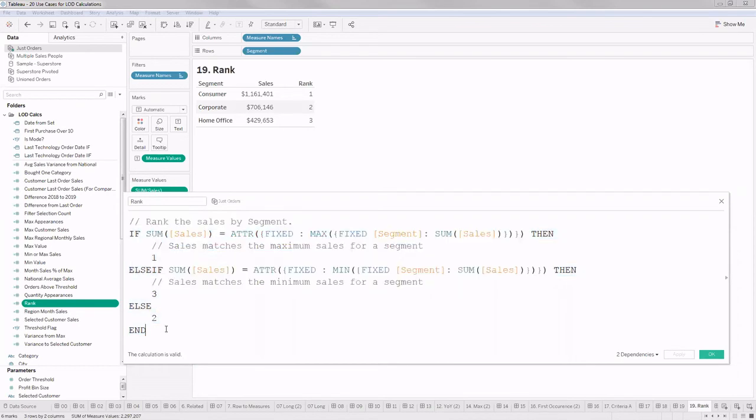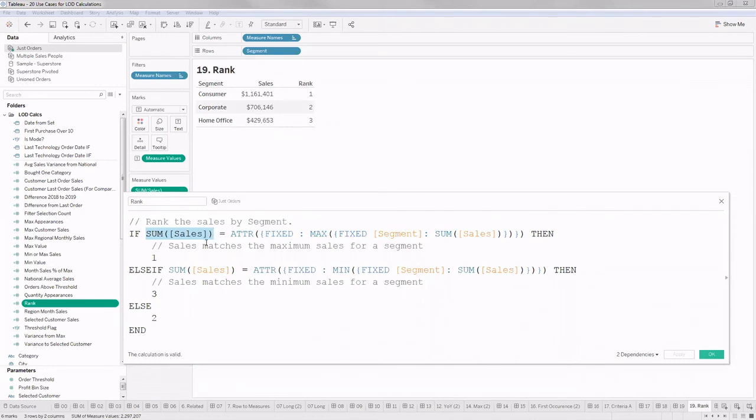I have a doubt. Yes. Here, the sum of sales, won't it be the sum of all the three? We are comparing it with sum of sales. No. See, here we are only giving the aggregation, but how will Tableau know at what level it should aggregate this sum of sales?